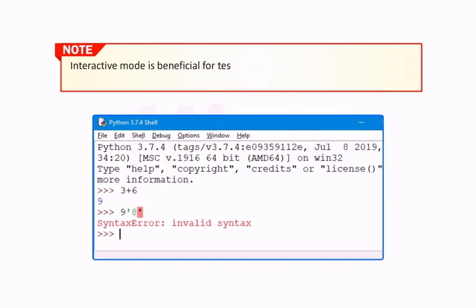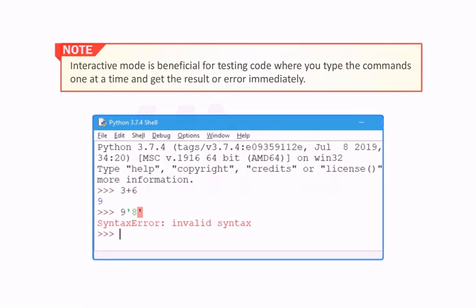Students, note that interactive mode is beneficial for testing code where you type the commands one at a time and get the result or error immediately.